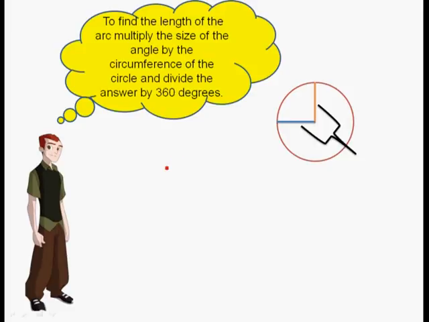For example, now let us say that the angle is equal to 90 degrees. For example, right here, see, 90 degrees. Then the circumference that we got before for the same circle was 18.9